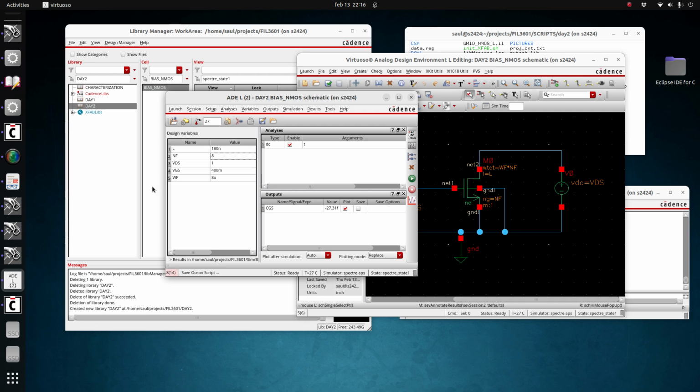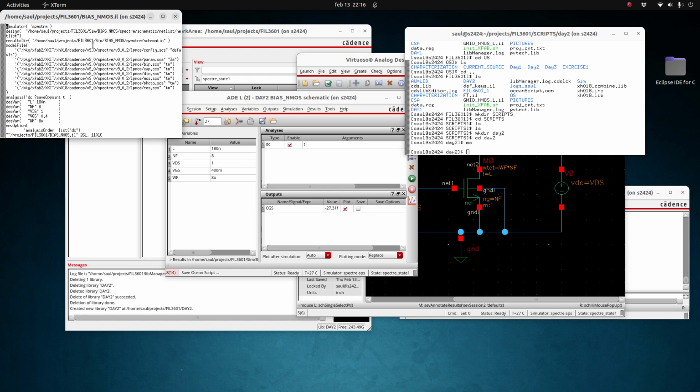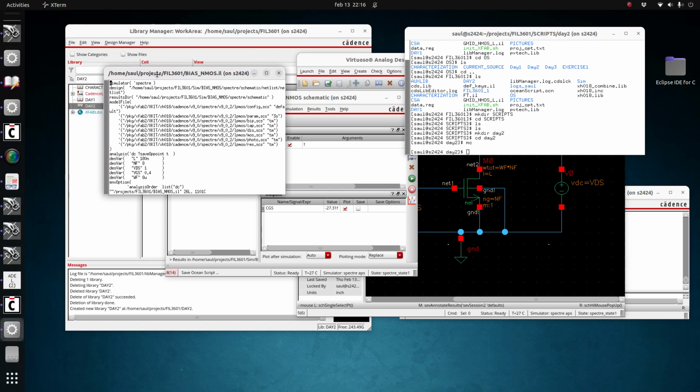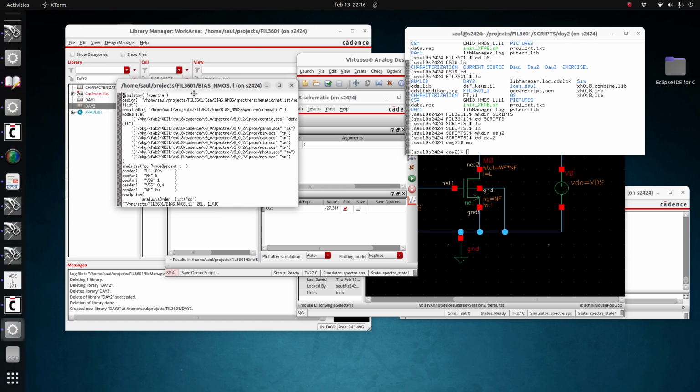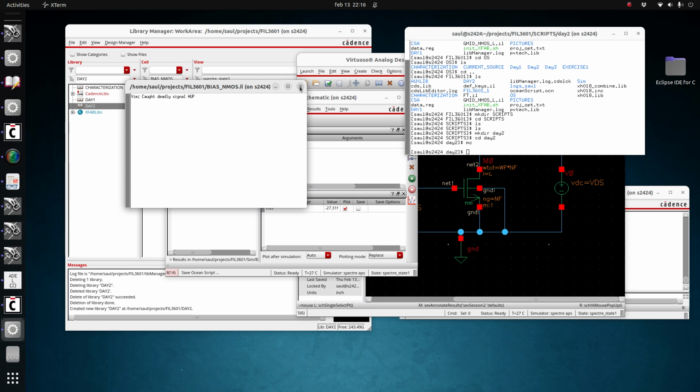Then I press OK, and then the new file will be created. So we check that this window pops up with the file that has been created. So I can just close it, and then